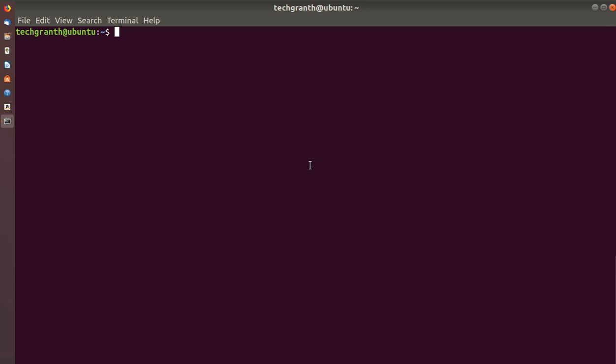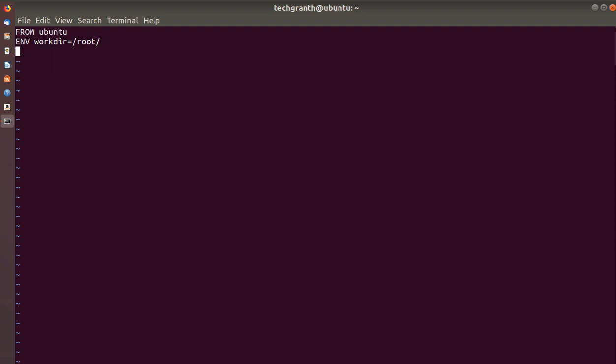Now the next instruction is ENV, which is for environment. We can set environment variables in our docker file itself. So let me change our docker file and make it ENV. For the environment, let me set WORKDIR equal to /root.